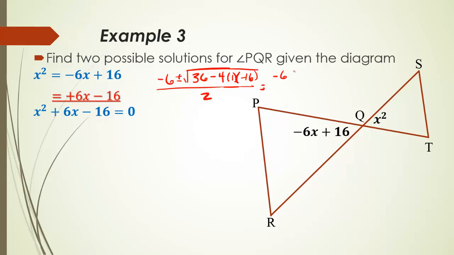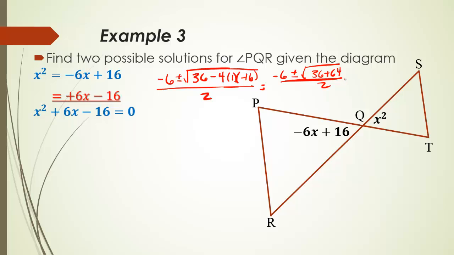So negative 6 plus or minus, now 36 minus 4 times 1 is negative 4. Negative 4 times negative 16 is a positive 64. So 36 plus 64,